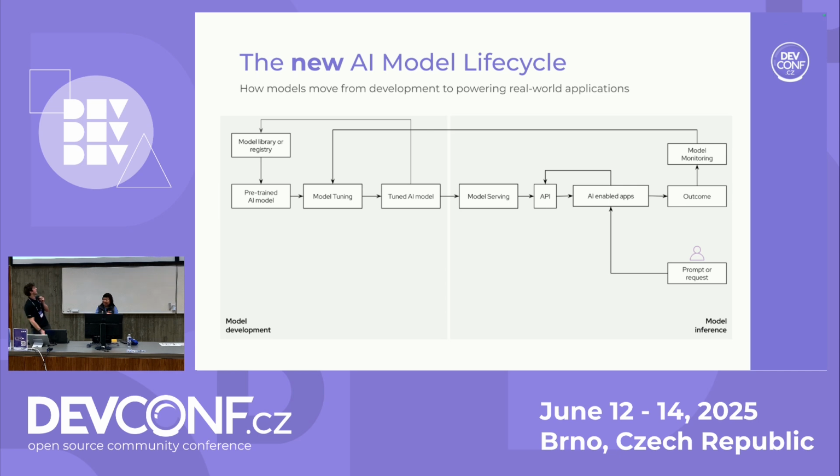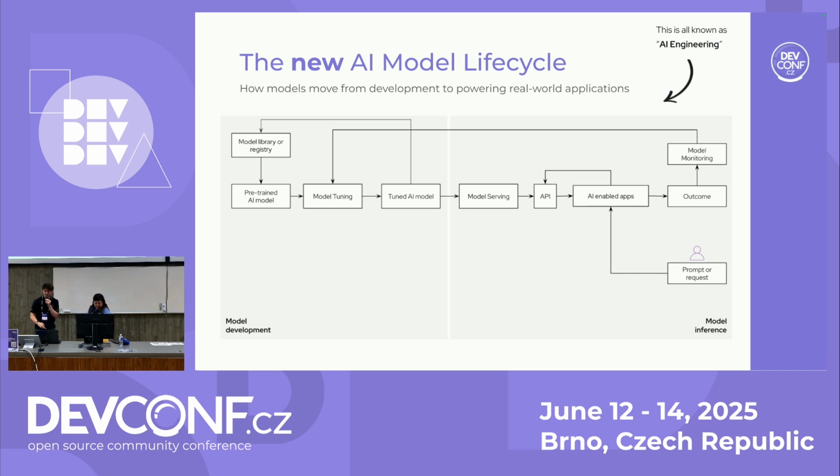What we're going to be showing today is this new AI model lifecycle. A lot of us are used to CI/CD for deploying our applications. This is what you could consider LLM ops, for example. So this is the process of model development and also model inference. So creating a model that can do great things and adding your data to that, and then inferencing that and actually getting the real value out of it. So this is what's known as the AI engineering field, which is quickly developing, and you're going to be an AI engineer by the end of this session.